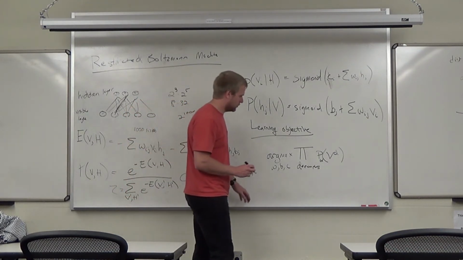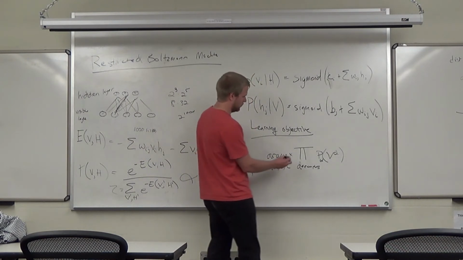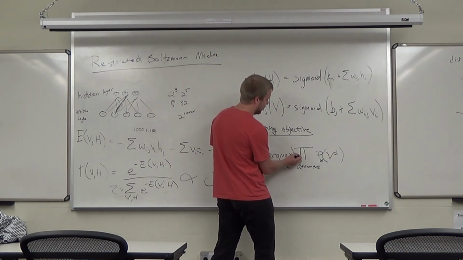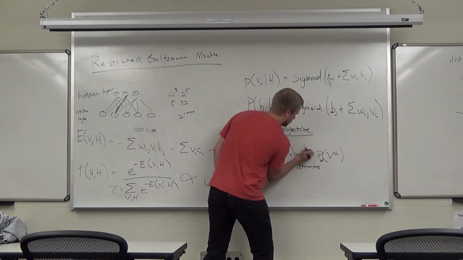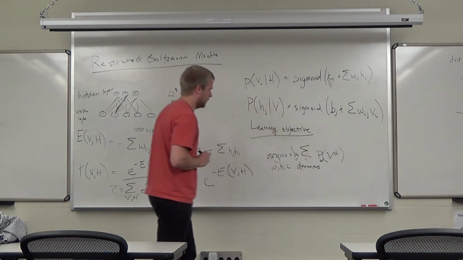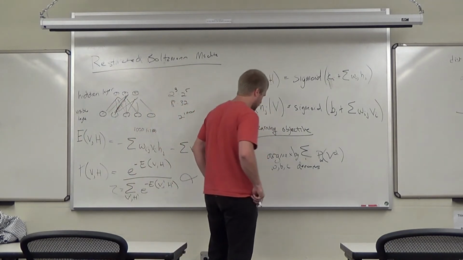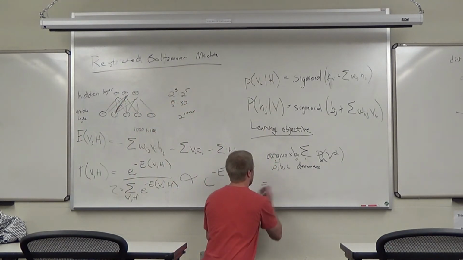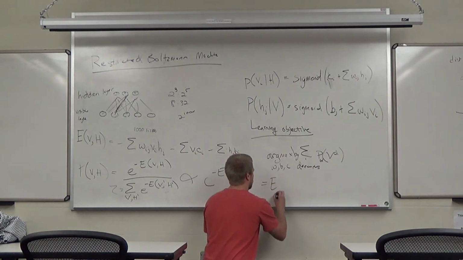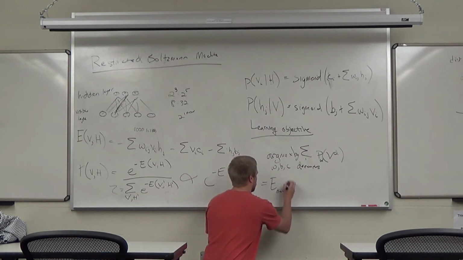What we're actually going to do is make this a log and then a sum, because that'd be the same thing. And what this equals is the expected value on the data of